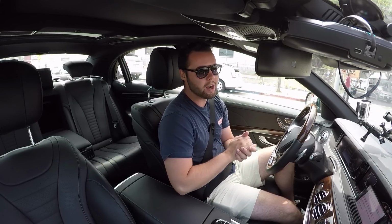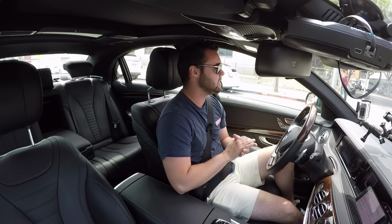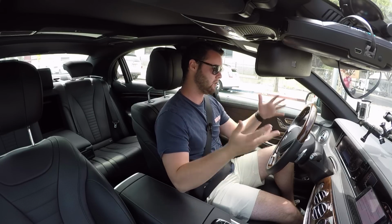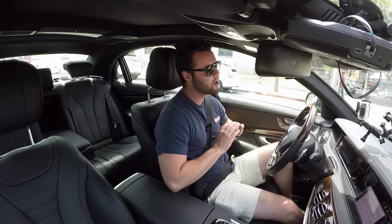During that ownership period, honestly, this thing has been an absolute joy. I've driven it 17,000 miles. It's been absolutely flawless. 0 issues. All I've done is taken it in for service every once in a while, which I actually prepaid in the lease payment, so it's been completely hassle-free. The S-Class is incredibly comfortable. One of the reasons I got it, I reviewed an S-Class a couple months before I ended up leasing this. Absolutely fell in love. The interior technology, how beautiful it is inside, and just how quiet and isolated it is